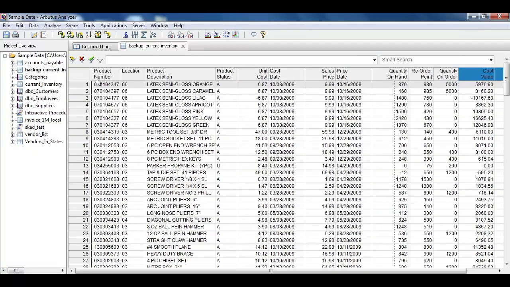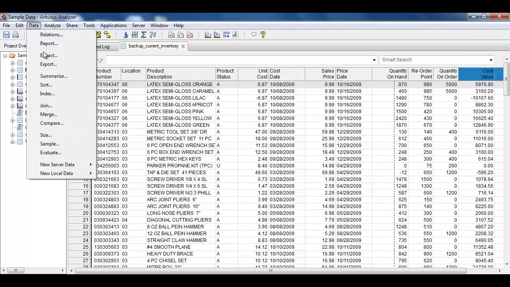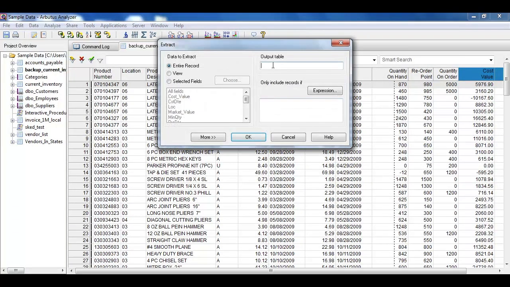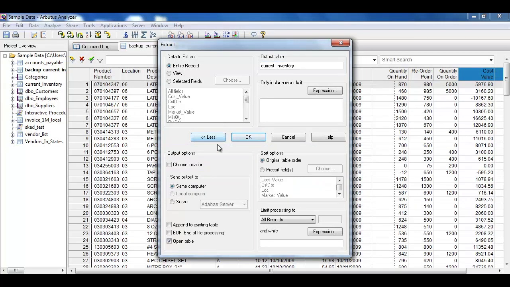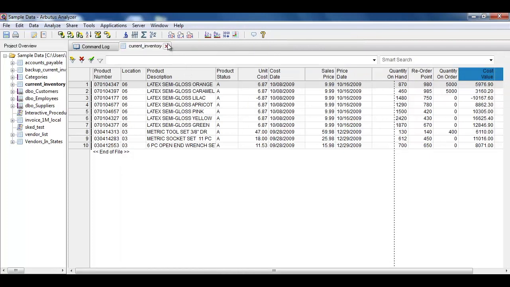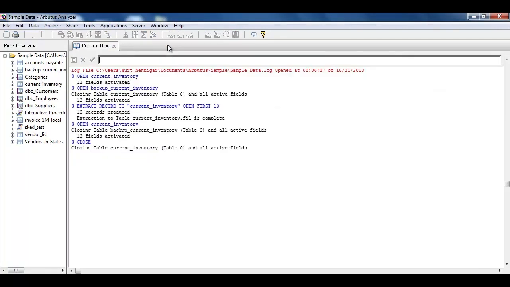I'll go to a backup copy I have here in Analyzer. I'll do an extract to a table called current inventory, and I'll extract only the first 10 records just as an example here. So current inventory now has only 10 records, and when I go back to my spreadsheet,